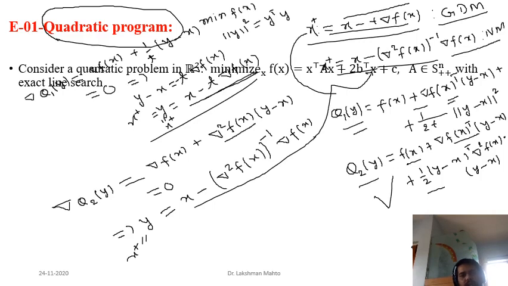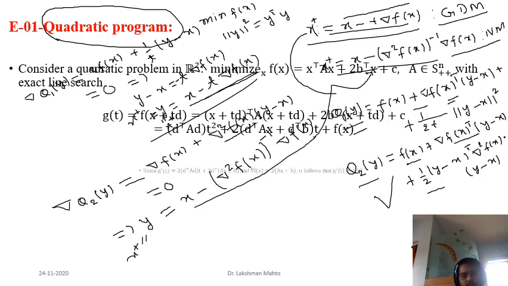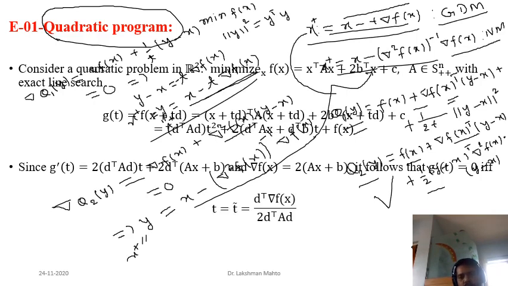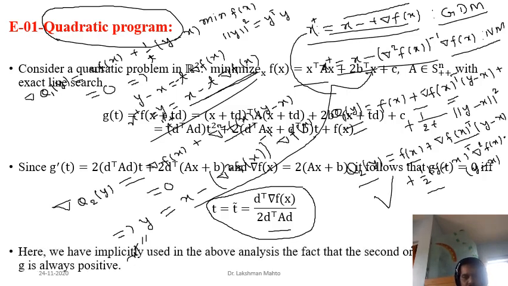The problem which appears here, I have already discussed all those quadratic problems. And in that quadratic problem, I had asked how to find, if your problem is quadratic, then easily you can find an optimal step size using exact line search. So this one was the optimal step size for the quadratic problem, x transpose Ax plus 2 b transpose x plus c. This one I had already discussed.